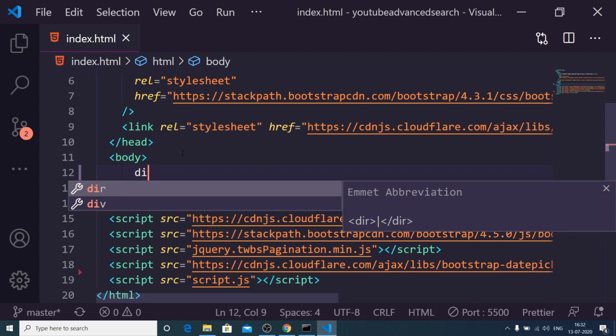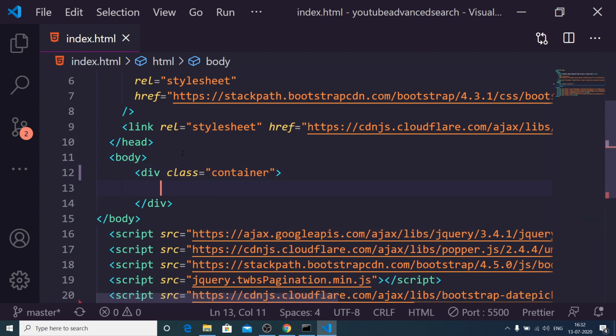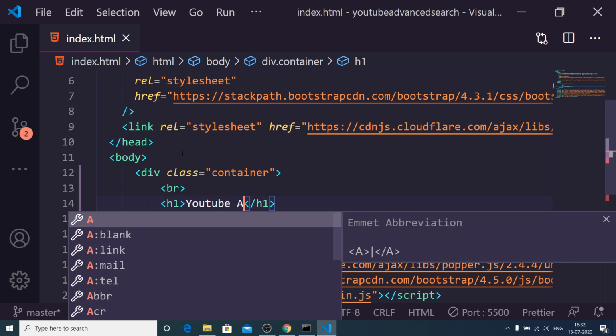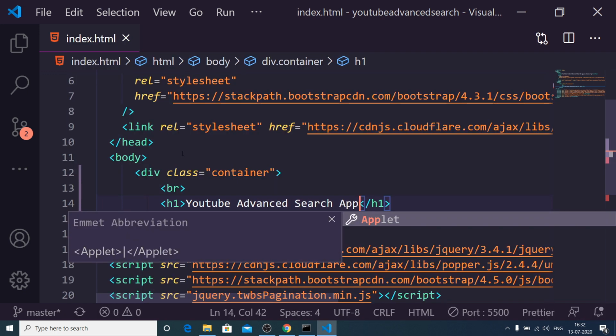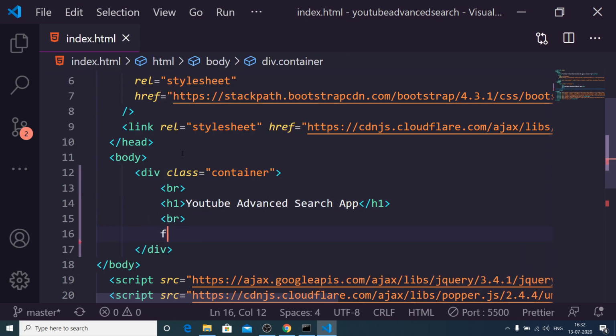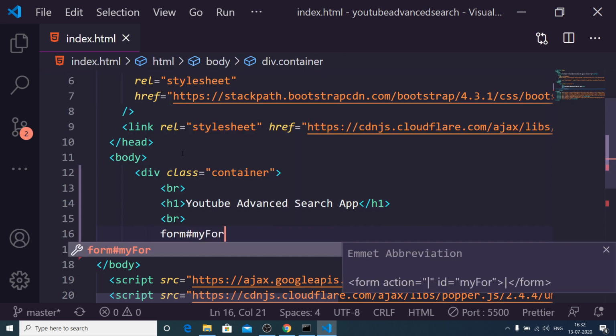Inside this, we will have the container class of Bootstrap. We will have a simple heading which will be YouTube advanced search app. After this we will have a break tag, and after this we will have a simple form.